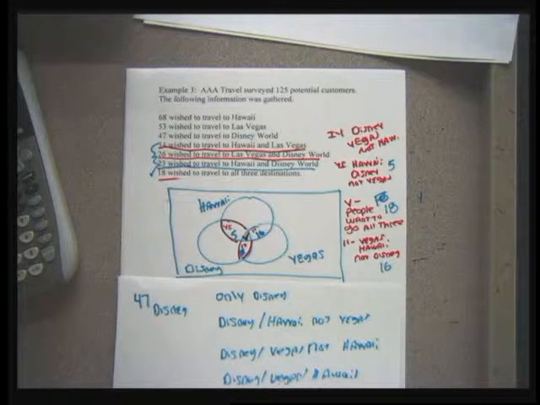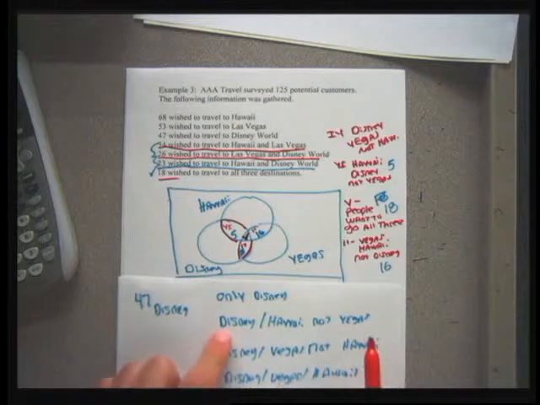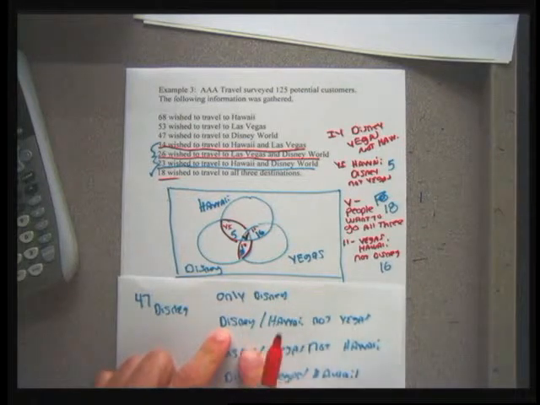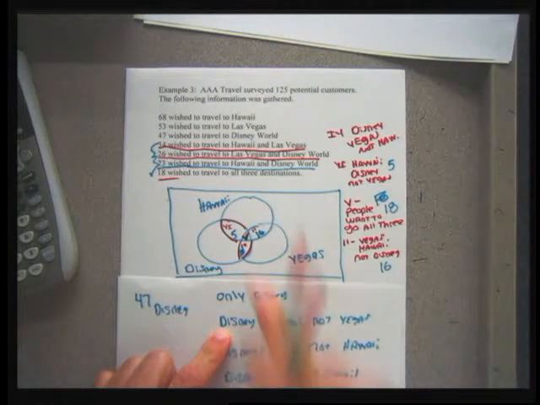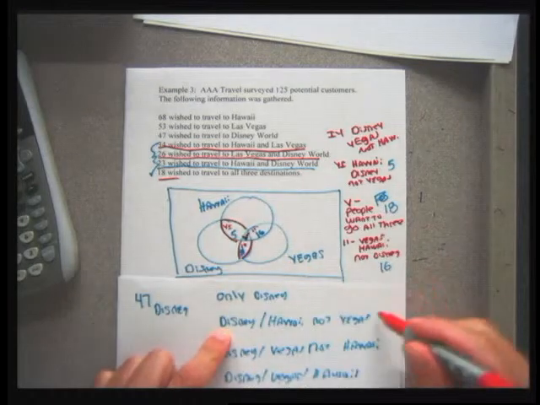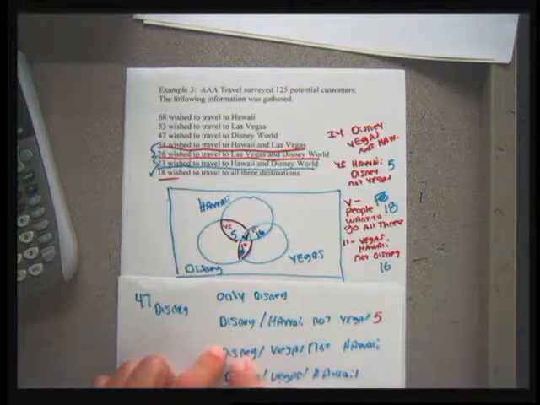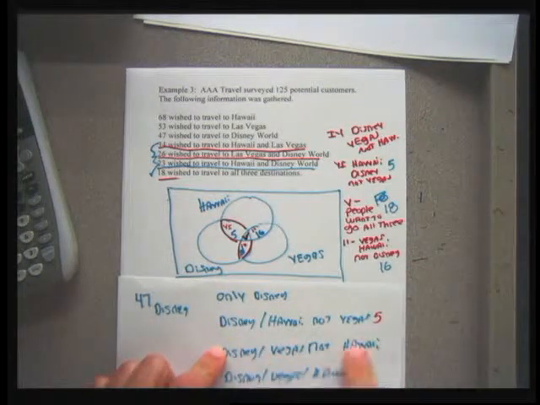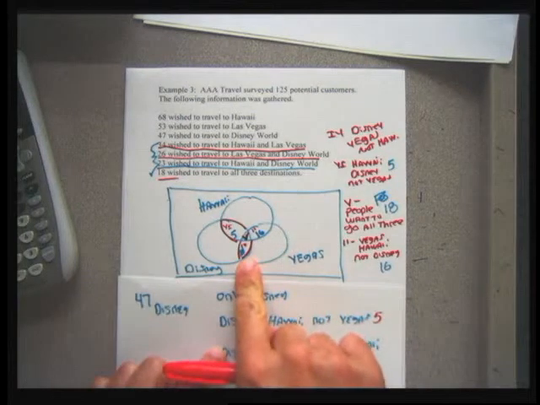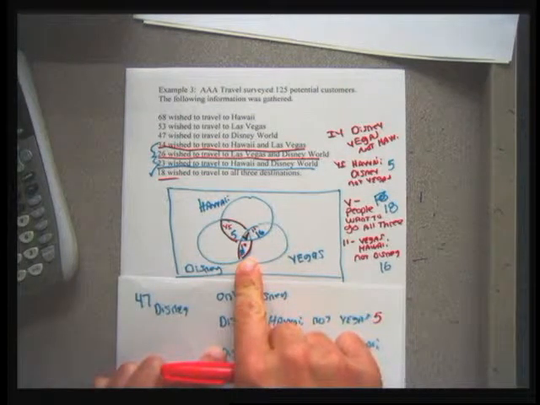I don't know whether they want to go to Disney and Hawaii, but not Vegas, Disney and Vegas, but not Hawaii, or Disney, Vegas, and Hawaii. But I certainly know how many people want to do all these things. The people that want to go to Disney and Hawaii, but not Vegas, are these 5 people. The people that want to go to Disney, Vegas, and not Hawaii are those, I can't hardly read that, Disney,